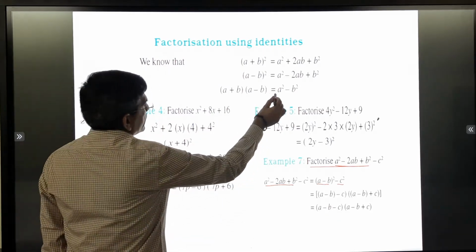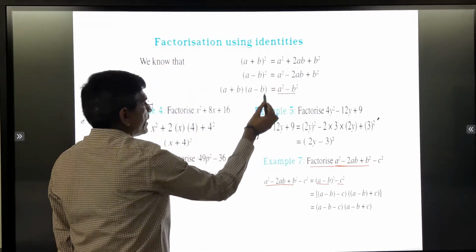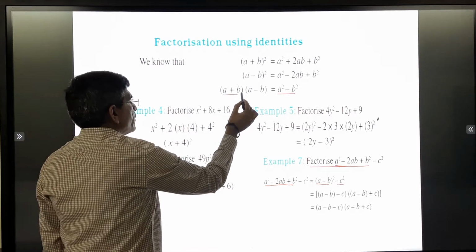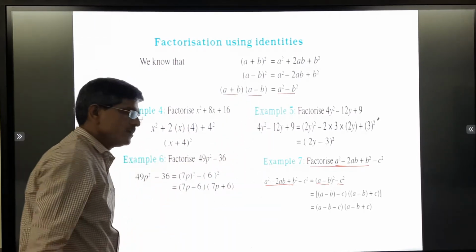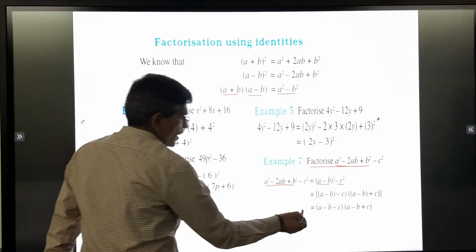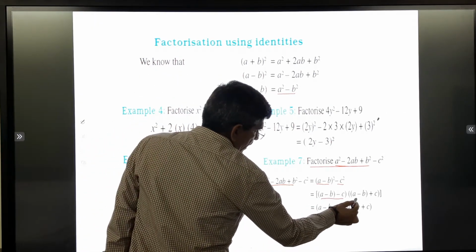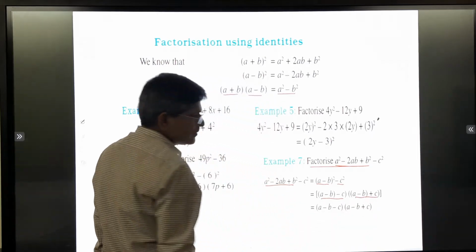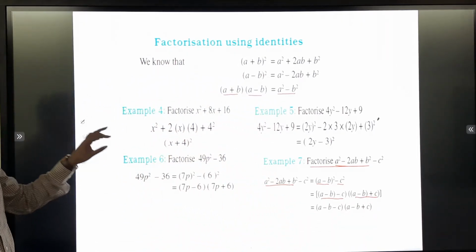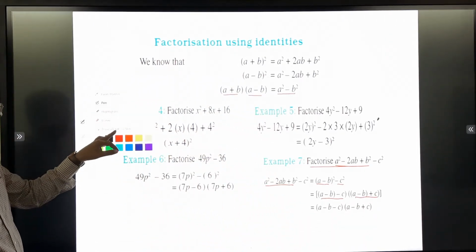Again the same identity: when a squared minus b squared is there, I write in one bracket a plus b, in another bracket a minus b. So I am writing (a minus b minus c) in the first bracket, and in the second bracket (a minus b plus c). So these are all the examples related to the exercise